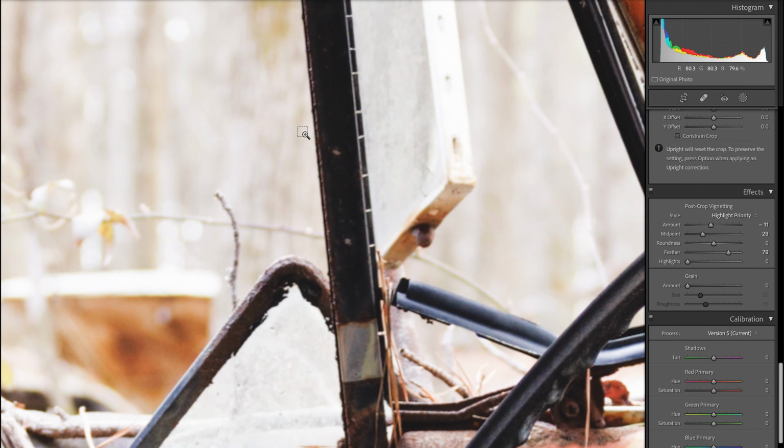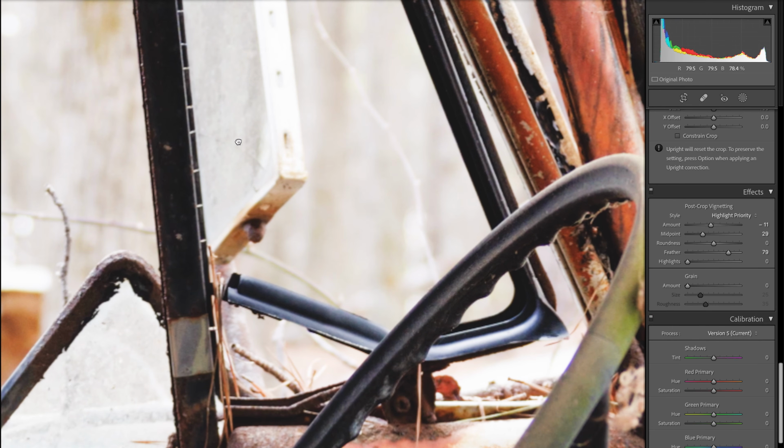Now, I know some people are going, oh no, you don't want to add grain. What are you adding grain for? It's a digital image. Digital images are supposed to be clean, and point well taken. I think some people get really fixated on detail and sharpness, and they see grain as being the antithesis of that. It seems backwards to care about detail and sharpness, but then add grain to something. But I kind of see grain as being, like I was saying just a second ago,